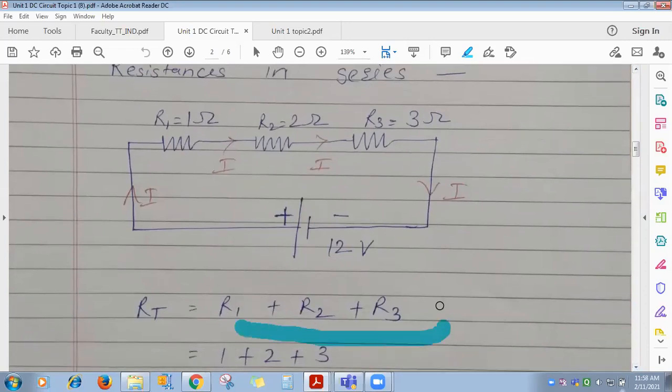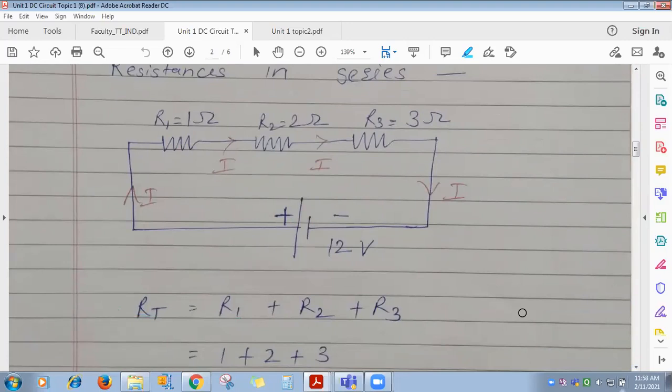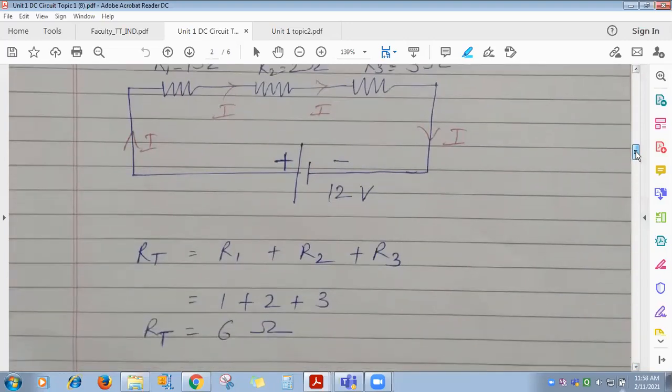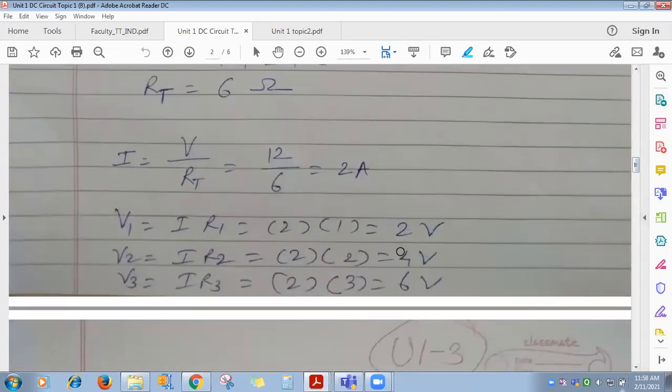R1 plus R2. Correct. Simply add them. Just add them. Yes. And which rule can you apply to find the voltage drop across it? Voltage division rule. Correct. And for series connected resistances, the voltage drop across each depends on its value of